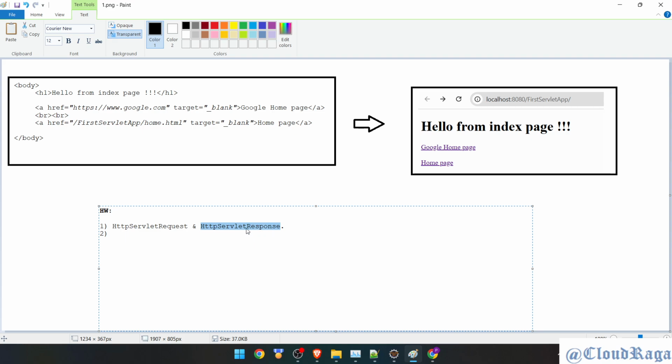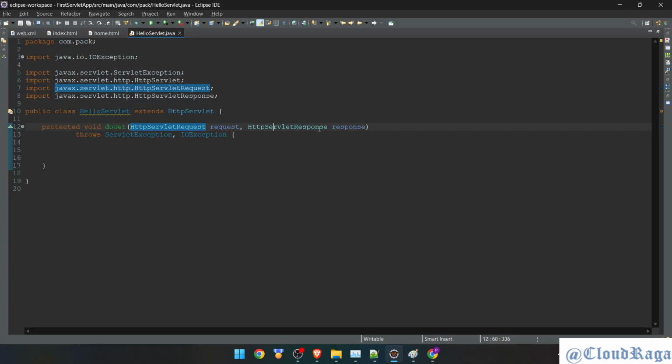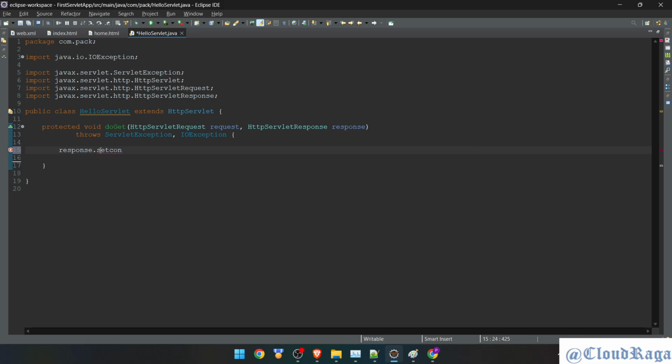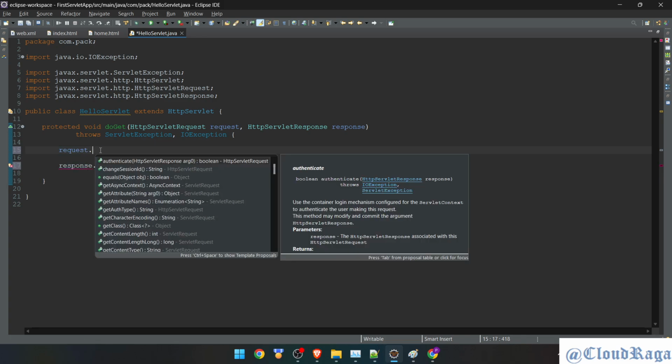You should know, if you have to change any response, or change the type of the way you want to generate the response, these are the things. So I'll focus on response. We are talking about response now. So response.setContentType, and here I'll say it should be text/html, and then I'll say request. Before that, request dot,